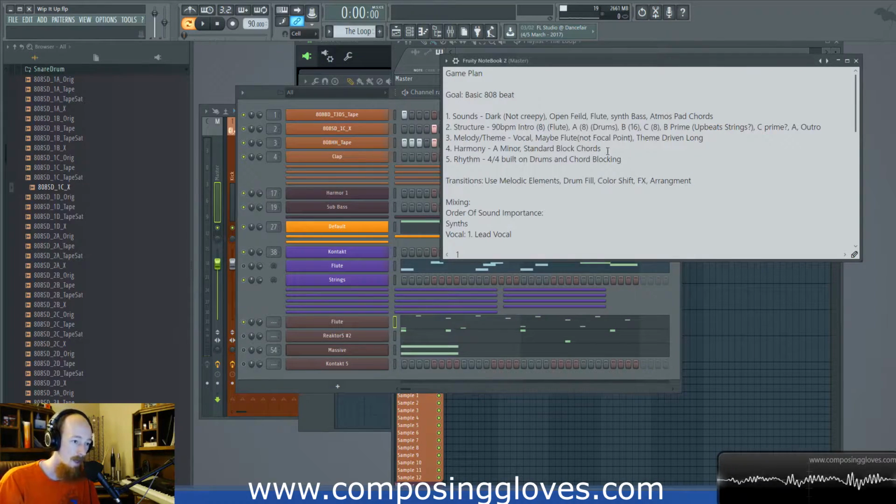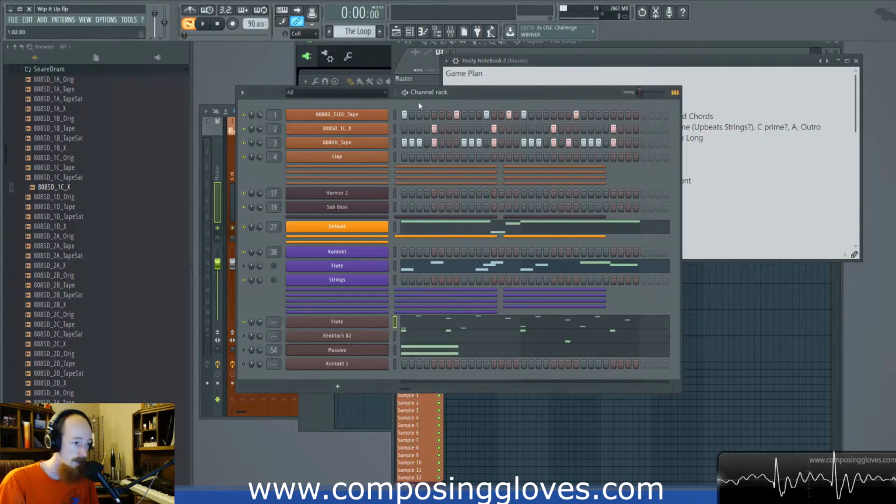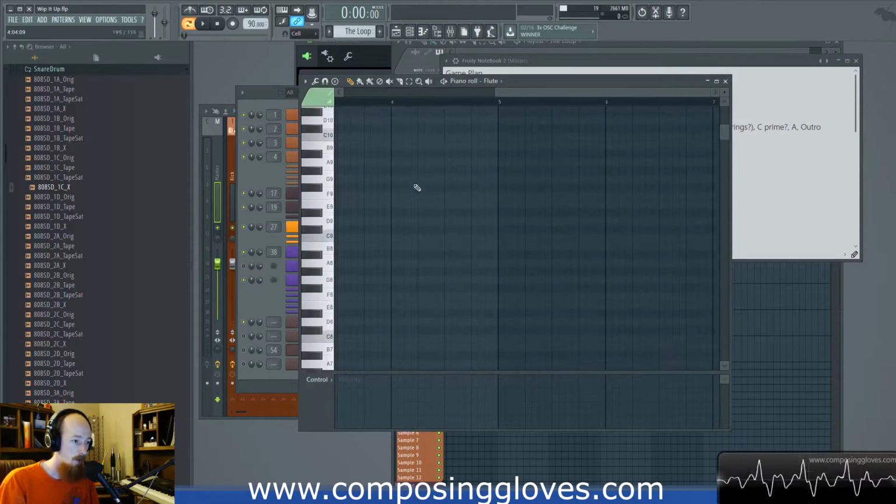I'm also constructing my intro. So I'm just going to make stuff that jams together, and then I'm going to pull it apart and construct my structure after I have everything together. So I knew that my flute was not going to be some incredible melody thing. I wanted it to be theme driven, so I wanted it to be repetitive in nature. I actually ended up ignoring this long one. That's just something I wrote down, thought I was going to use it, didn't use it. Sometimes that's how things go. And so I wrote out this.